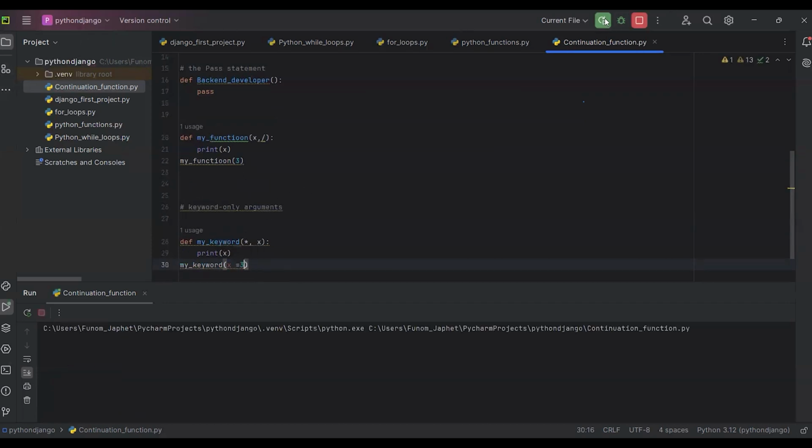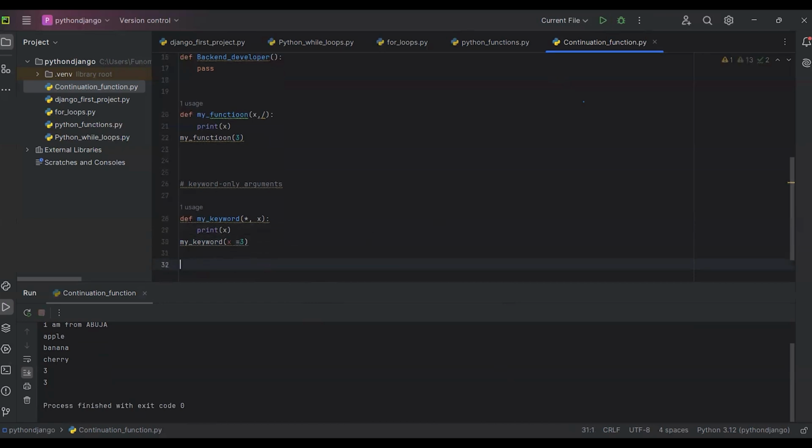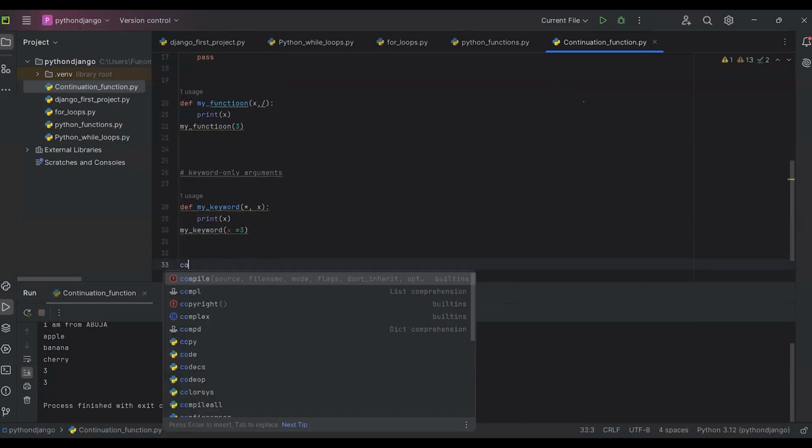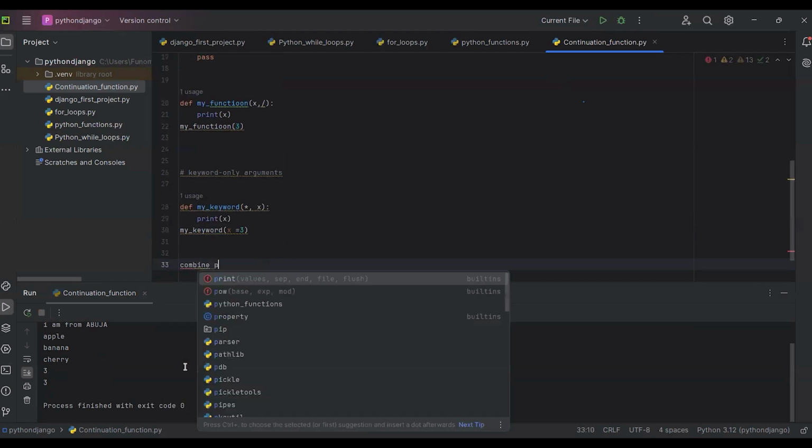So you can use keywords, and you can also use the positional only argument. So you've been able to see the difference. Now let's see how we can combine both the positional only and keyword only. So, combine positional